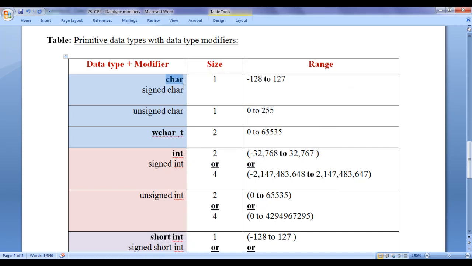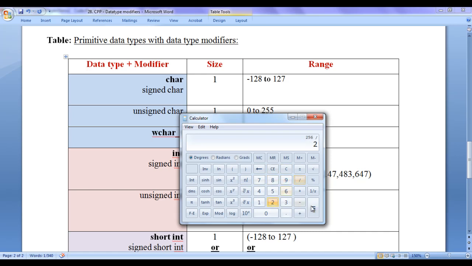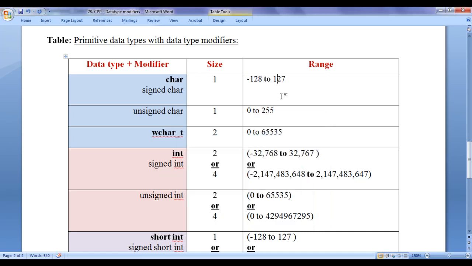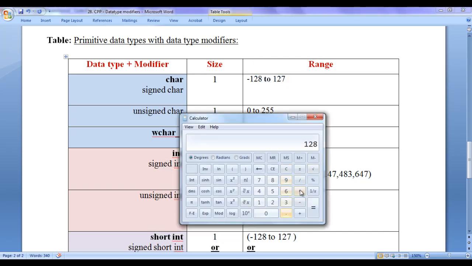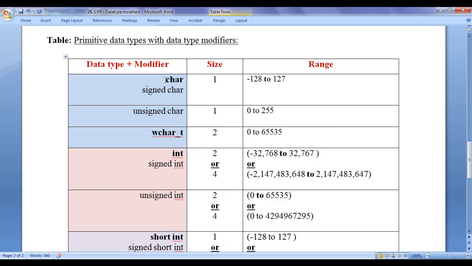By default, char is signed char, guys. If you write just char or if you write signed char, they both mean the same thing. They both allow us to store positive as well as negative values. So the minimum value possible to store inside char type memory and signed char type memory is minus 128. If I divide this number by 2, it becomes 128 half. And the maximum value possible to store inside char type memory and signed char type memory is plus 127, guys. If you count from minus 128 to plus 127, it becomes 256, guys. Let's go to Code::Blocks and display the range of char, signed char and unsigned char.